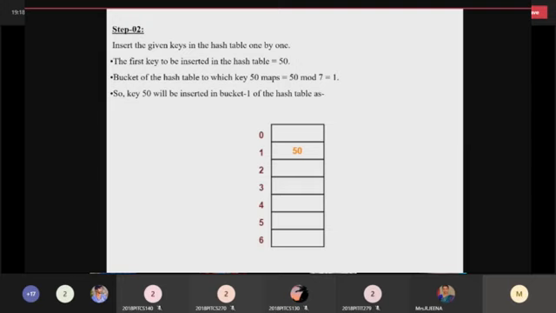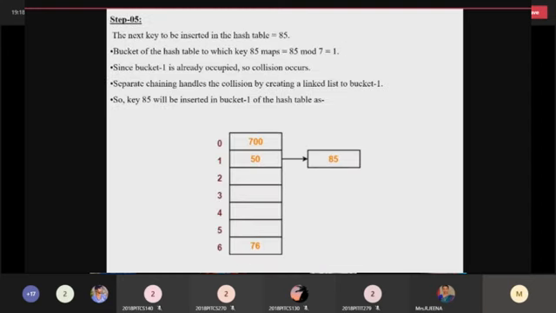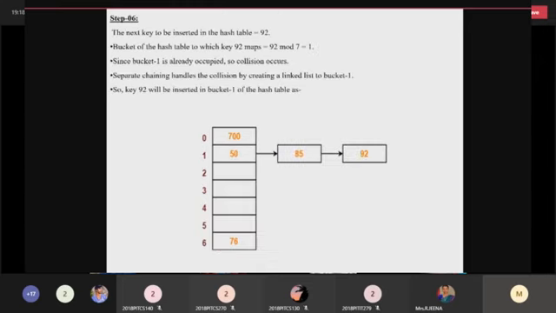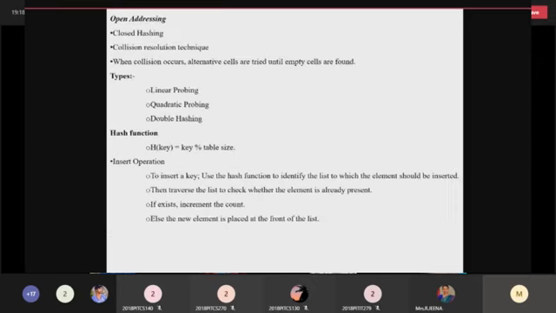Suppose you are trying to store in the same index value; it will create a linked list. The newly created node will be added to the hash list at the same index. The new node will hold the value of your last key input. Then it will do the same operation for the next iteration. So the elements will be stored efficiently without any collision. This is called separate chaining.